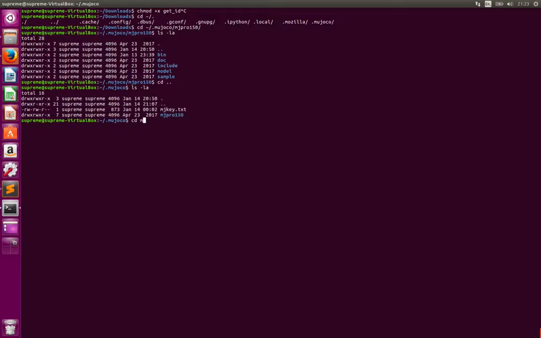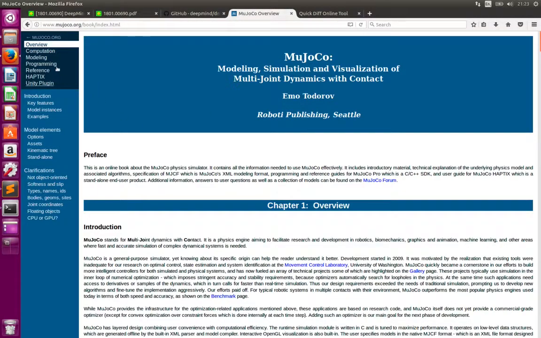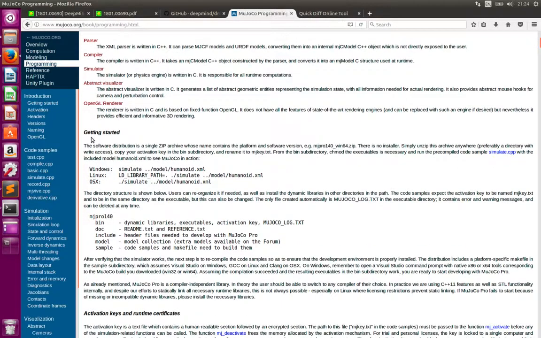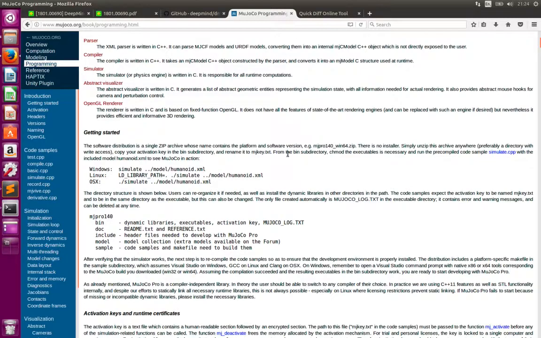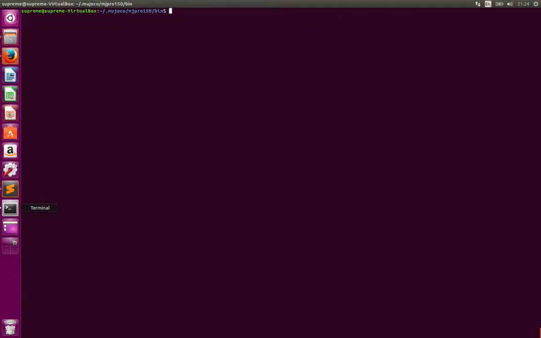So the first thing I'd like to do is give you a way to do a sanity check once you've installed MuJoCo. If you head over to the website and check out the documentation, on programming, you'll see that there's an instruction for when you're getting started, where you can immediately run a simulation. I'm on Linux, so I'm going to run this command, and I will do so from the bin directory, as it says here. Let's see what the results are. So if I go ahead and run that,